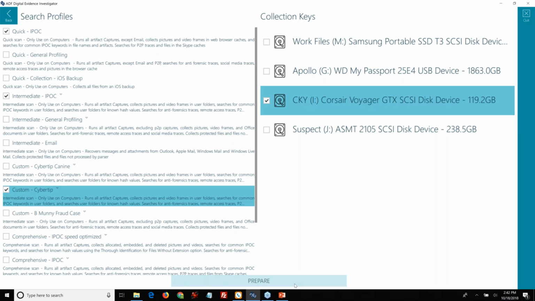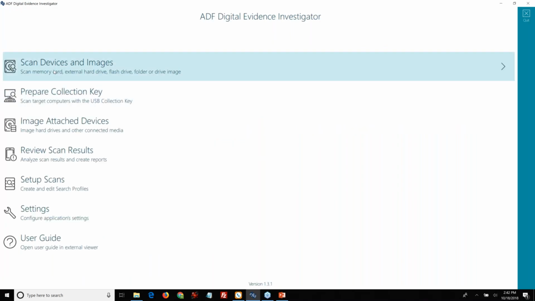Once I've done that, I hit prepare. It now takes that USB device, makes it bootable, sets it up so it could be run live, and sets up a user partition that will save all the collected files during the scan. Once that's prepared,